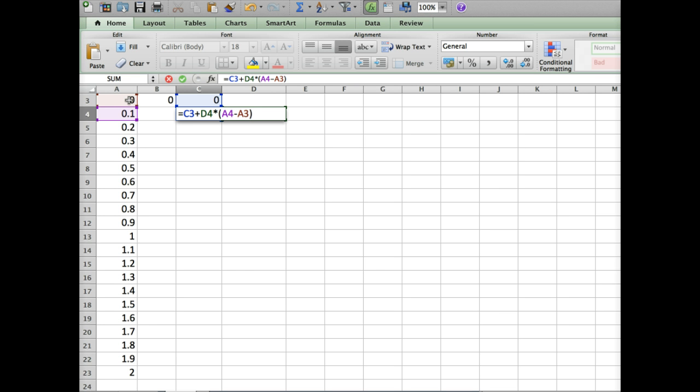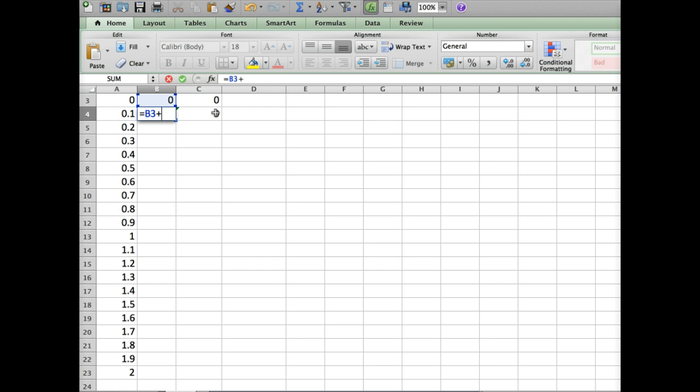And then I'm going to hit enter. And of course it says 0 because there's no acceleration, and if I have no acceleration, my velocity is not going to change. In a similar kind of way, my position in the future, so I clicked on cell B4, is going to be equal to my position in the past, so I'll click on the cell right above it, plus the velocity that I'm traveling, and this is what will change in the second order